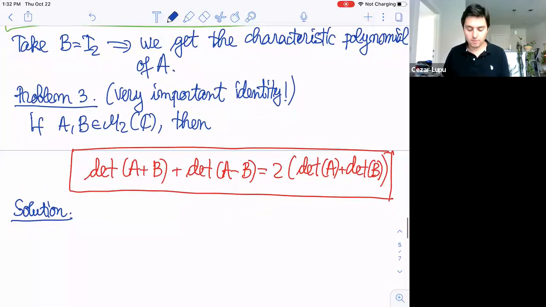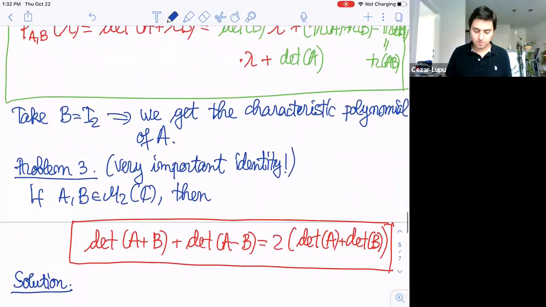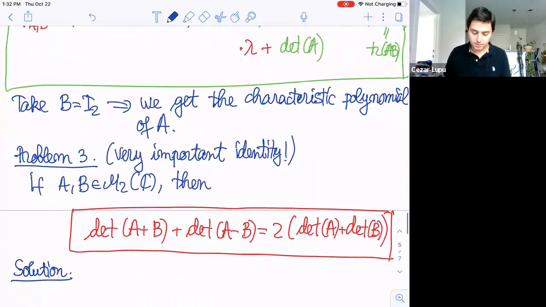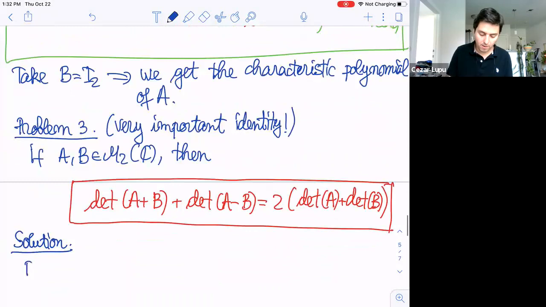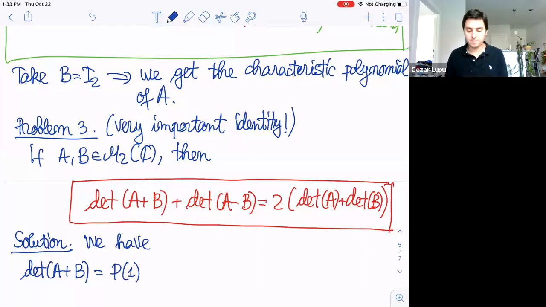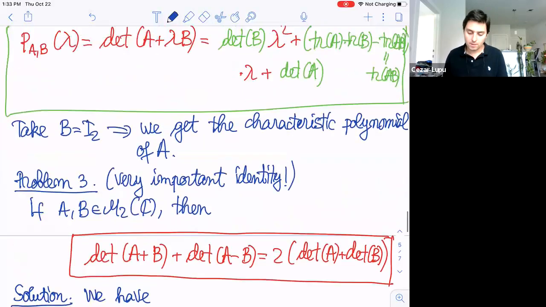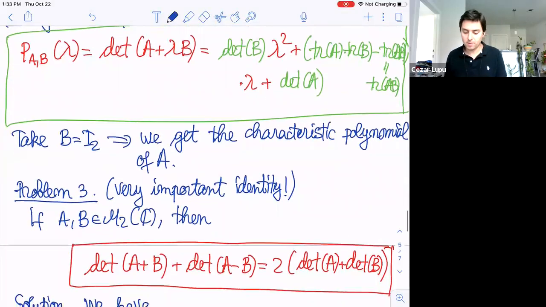What is the determinant of A plus B? Look at the formula here. So the determinant of A plus B is P of 1. Let me write it like this. We have that the determinant of A plus B is P of 1, right? But this P of 1 is also what? If we look at the identity, it is the determinant of B